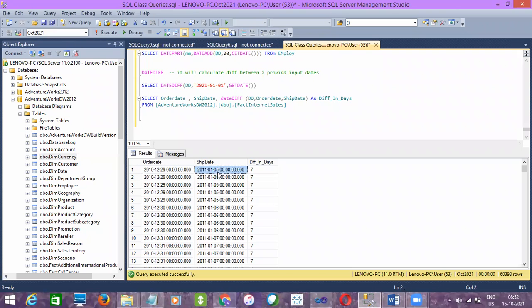So this is the difference in days between the order date and the ship date. See the maximum, I think you can see here, 7 days till now. I think almost all are 7 days. Clear? Any questions here, guys?